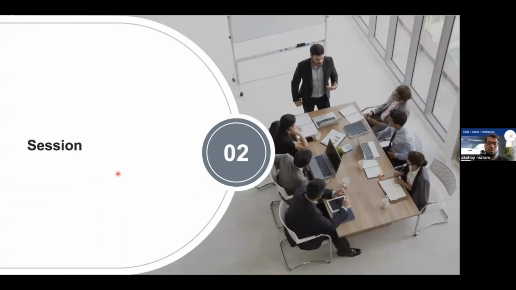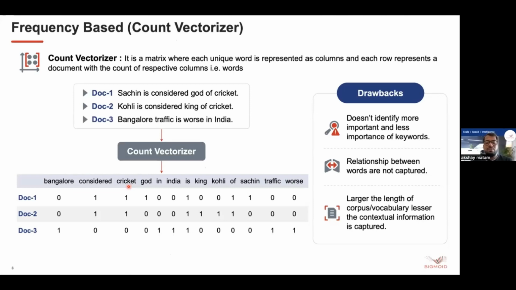In this session, we are going to cover statistical modeling techniques, which are frequency-based vectorization, in which we are going to cover count vectorization and TF-IDF. So, coming to the frequency-based vectorization technique, we are going to represent each sentence in the form of frequency distribution of the keywords. In the count vectorizer, we consider a vocabulary generated from the list of documents, or the corpus of documents, and each sentence we are going to represent based on the frequency of the keywords that are present in that sentence.